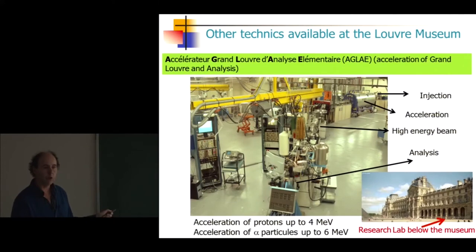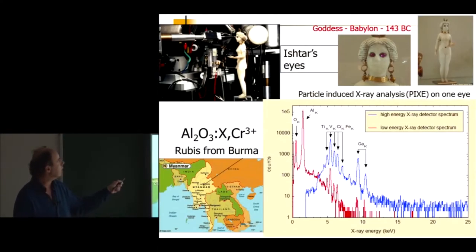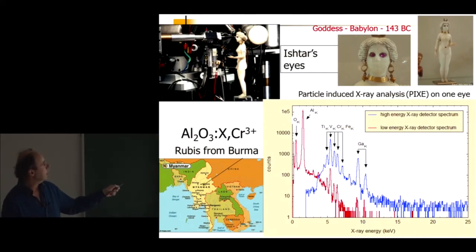So, in the Louvre, it's not the only way to do thermoluminescence. I want to show you that besides the museum, there is a research lab. And this is another very strong apparatus that is beside. The name is Accelerator Grand Louvre, AGLAE. So this is another technique of radiation by high energy irradiation. And for instance, it can be used, if you look at this statue, they wanted to check the origin of the eyes. So the eyes from this